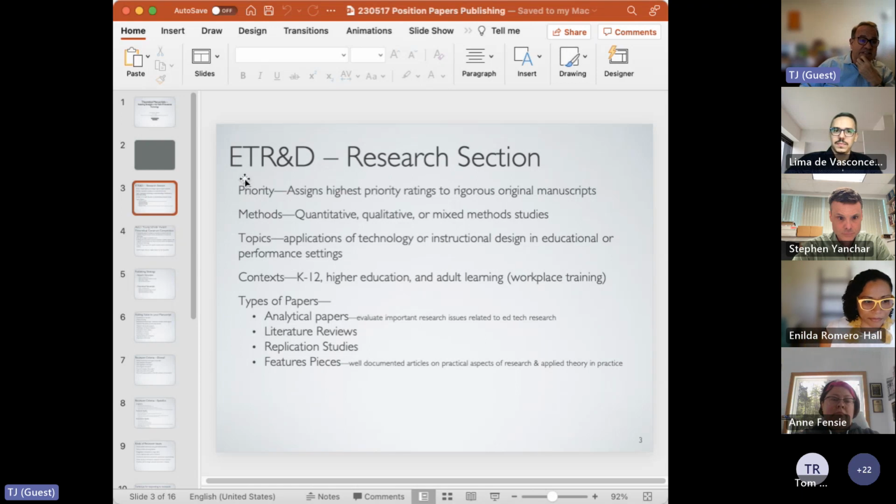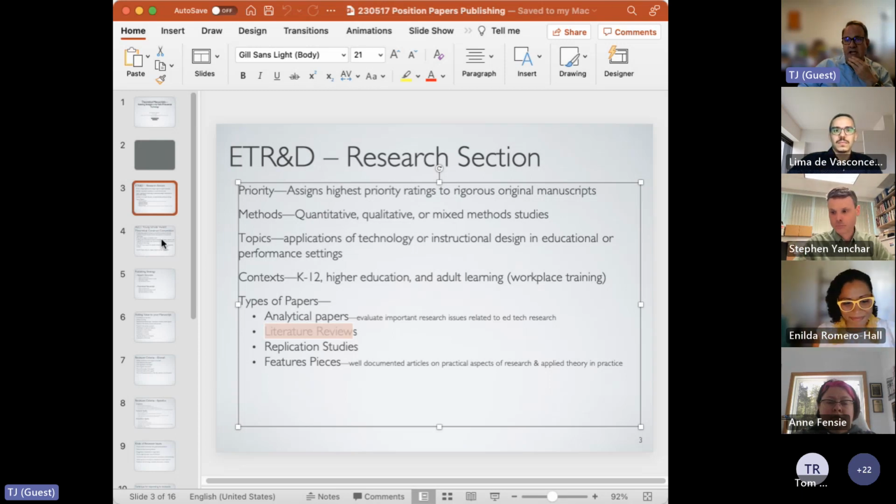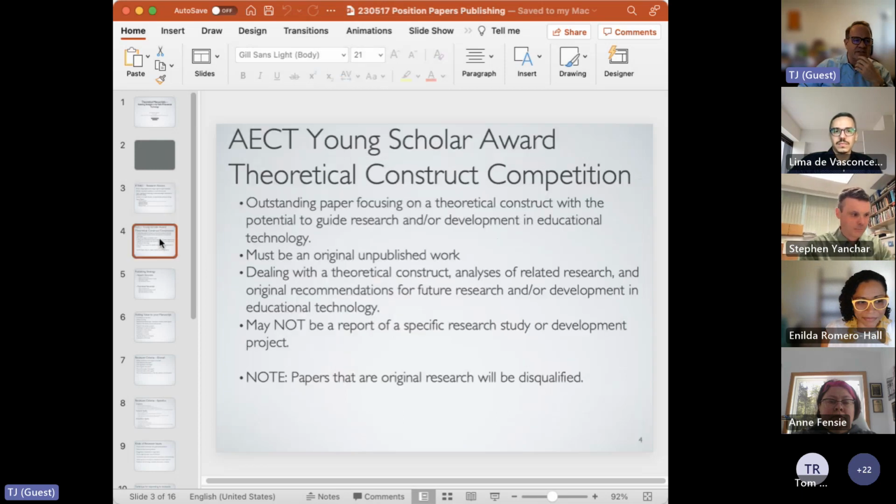This is a generic slide, by the way. One of the things that I want to point you to is we do have this applied theory and practice section. So that is actually noted. We also do look at analytical papers, also lit reviews, in that ballpark. But one of the challenges that I have in ETR&D is I will get a theoretical paper and I send it out for review, and my reviewers come back and say, we don't accept this. Well, we do accept it, but sometimes it's not known. That's a challenge for me to deal with as the editor.